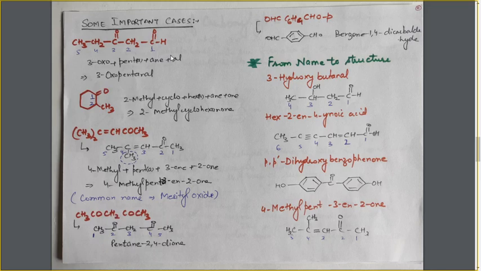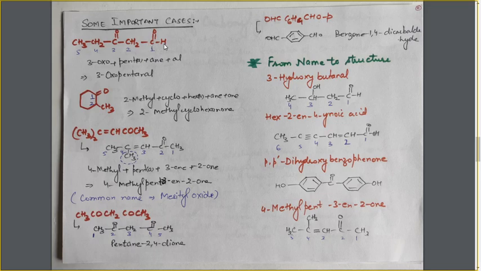Here the straight carbon chain is the longest carbon chain, it is the main chain, it is including all the functional groups, and it is the longest carbon chain. There are 2 functional groups, so next is the selection of the main functional group: ketonic group and aldehyde group. As per the preference order, the aldehyde group will have the higher priority.